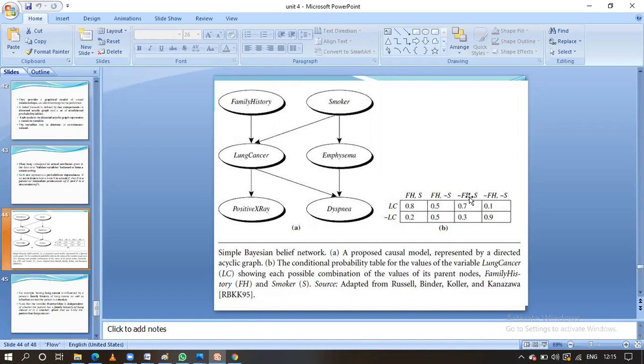Likewise here, if you observe, okay, there is no family history related to the cancer and he is having the smoking habit, okay, then the lung cancer related probability is 0.7. ఎందుకు? ఓకే, ఫ్యామిలీ హిస్టరీలో ప్రాబ్లం లేకపోయినా స్మోకింగ్ హ్యాబిట్ అనేది ఉంది కాబట్టి there may be a higher chance for lung cancer అన్నమాట.